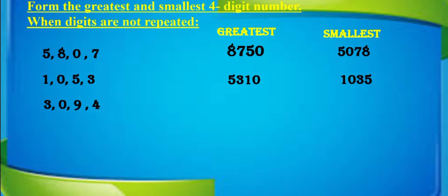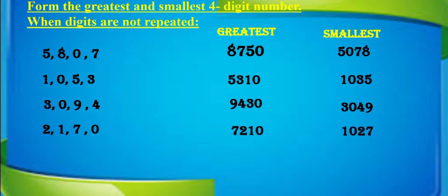3094. What will be the greatest number? 9430. And what will be the smallest number? 3049. Okay. Now let us see the next example. 2170. So the greatest number will be 7210 and the smallest number is 1027. Now the next example, last example,